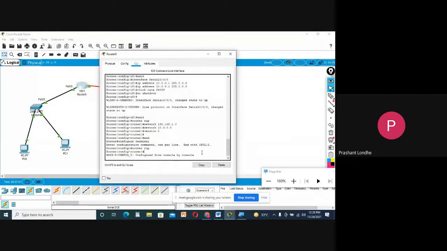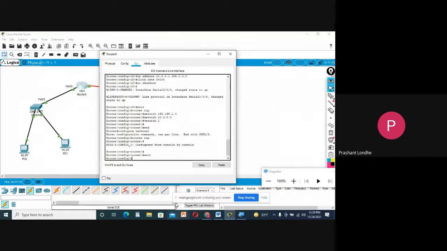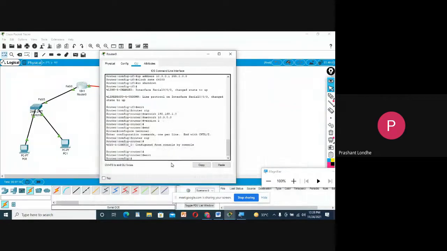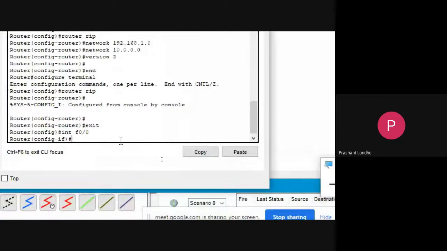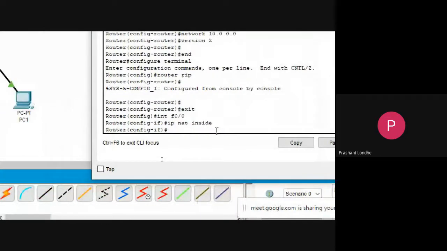Go to the CLI, exit. So you will go to the config mode. And now just see the command: interface FastEthernet 0/0. IP NAT inside is the command.